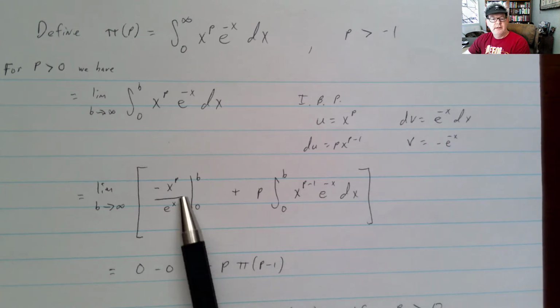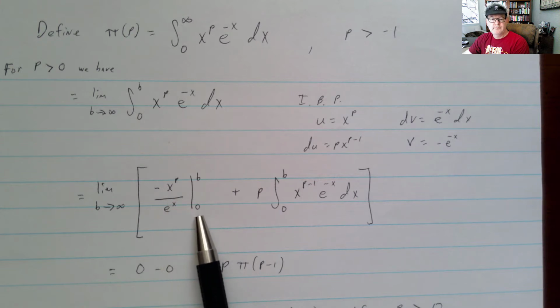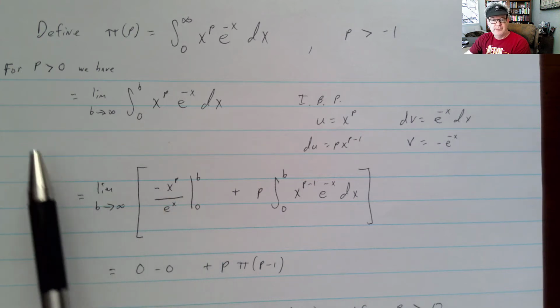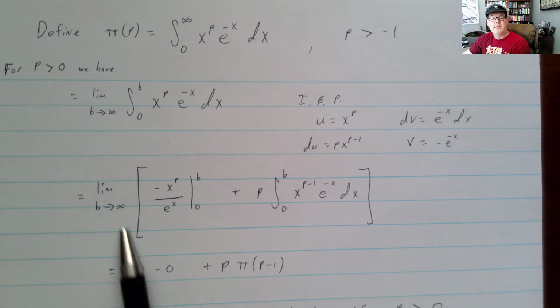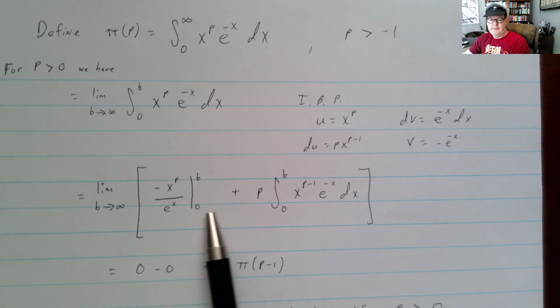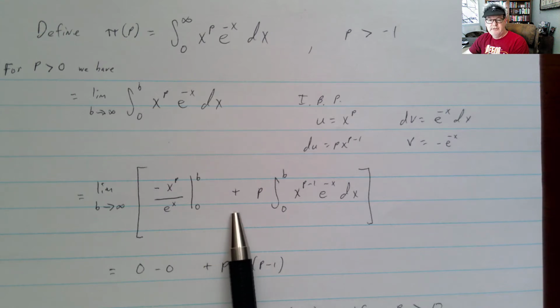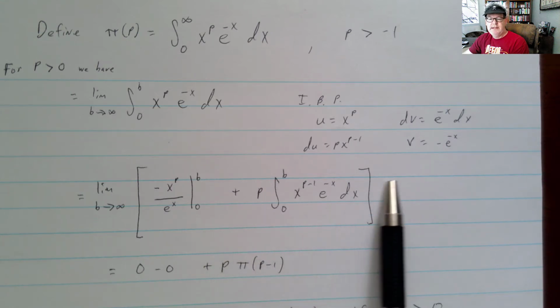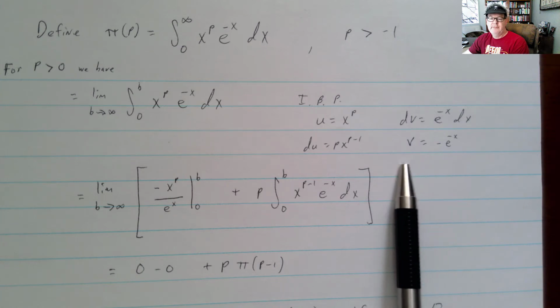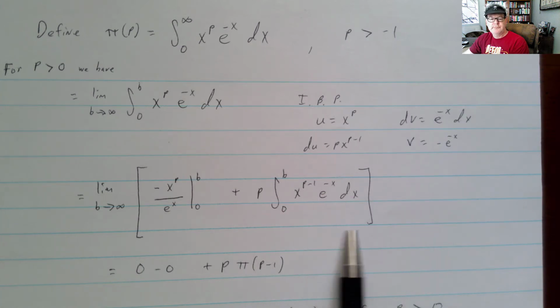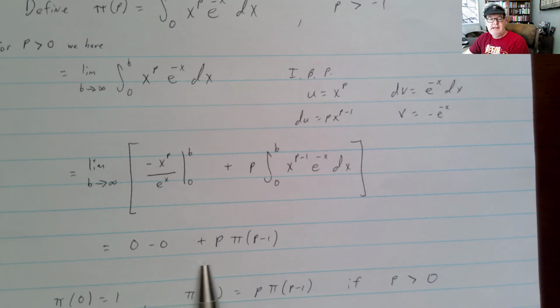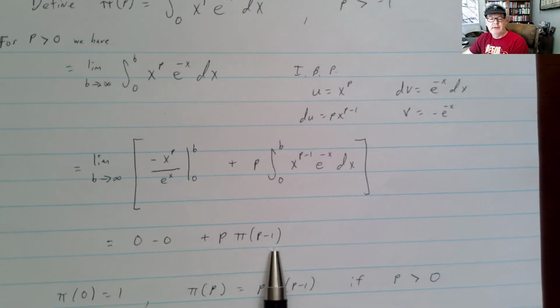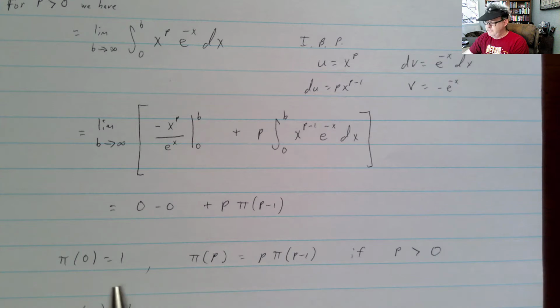So then I get uv, and I'll be okay here if I restrict to p greater than 0. Evaluated at those limits, those will both be 0. And then minus the integral of v du, and v du, well, that's a negative, so minus a negative, and then I get that p. So it'll be p times pi of p minus 1. So we have this relationship,